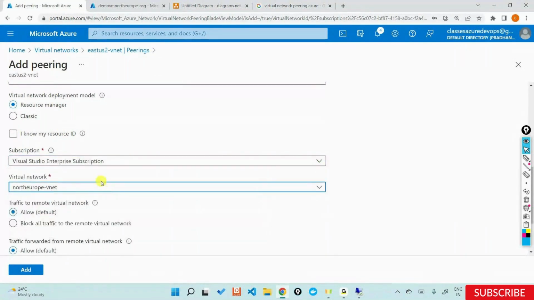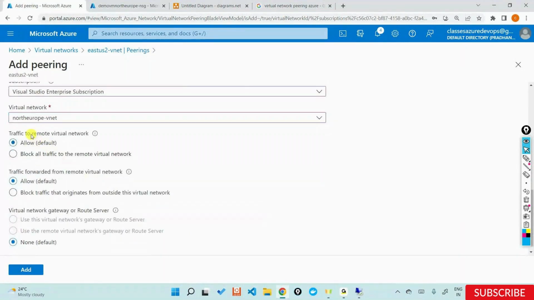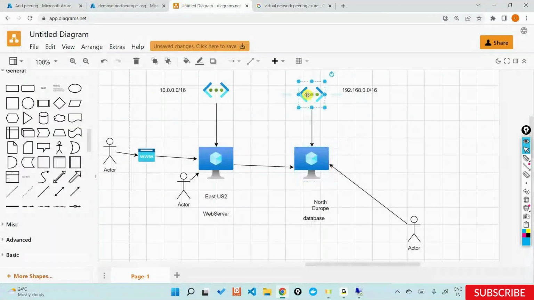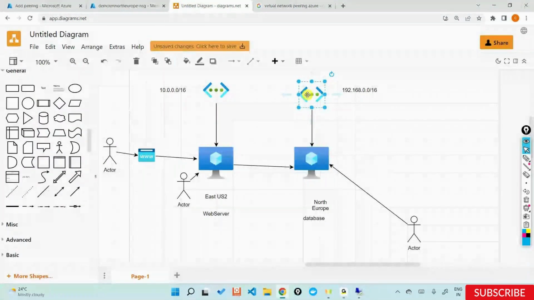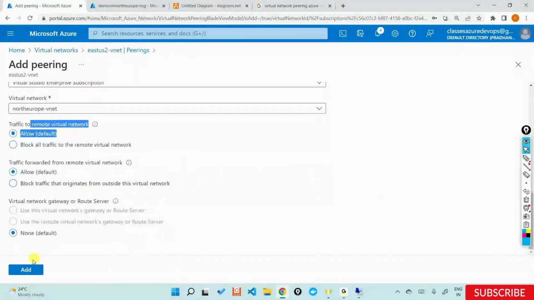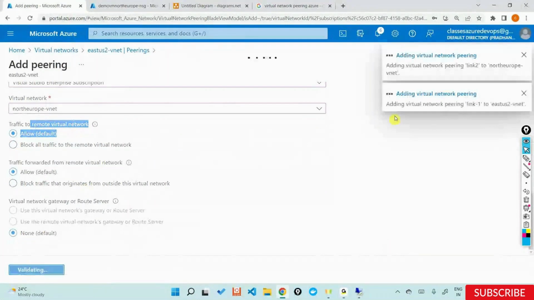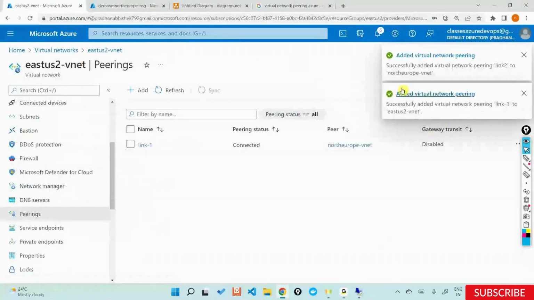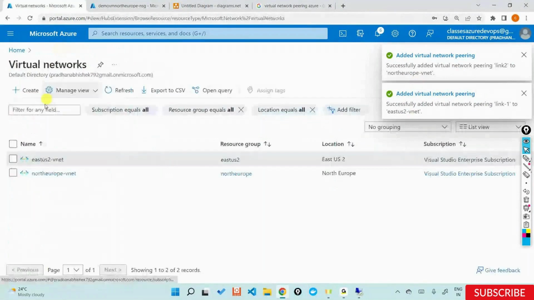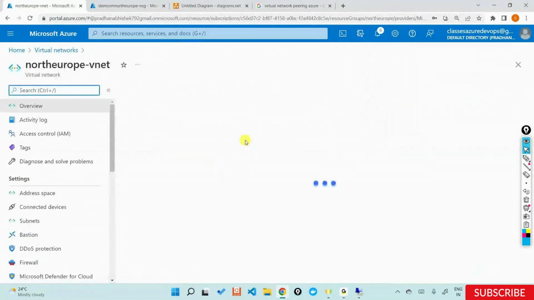I'll scroll down. It's telling traffic to the remote virtual network, meaning in link 2, do you want to establish a connection between this virtual network 2 to virtual network 1? I'll say yes, this is also something that I want, and I'll go ahead and say add. As and when I add, do you see what is happening? It says successfully added link 1 to link 2 and link 2 to this particular network, and it's now telling connected. If I go into virtual network 2, which I did not even touch till now,